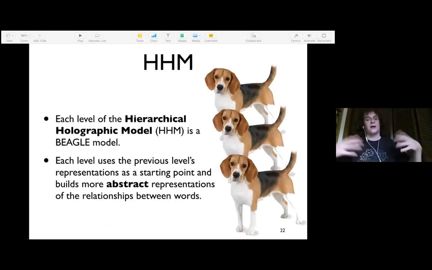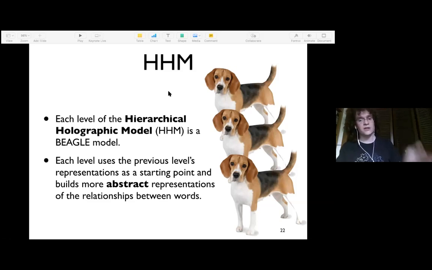So my modification of BEAGLE, I call the hierarchical holographic model, and it is just a stack of BEAGLEs. We just put BEAGLEs on top of each other as high as we like. The way it works is the second BEAGLE uses the first BEAGLE's memory vectors as its environment vectors. So that is to say, rather than using randomly generated vectors, it takes the previous BEAGLE's memory vectors after it's finished being trained, and permutes them to prevent the problem that the previous speaker was describing, where you can have binding operations interfering with each other. So you permute the information to protect it, and then use those as the new input to the next BEAGLE,